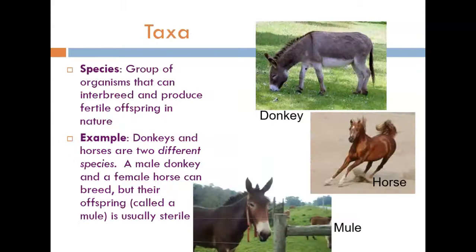So another term I discussed was this idea of a species. Okay? I said the definition for species is a group of organisms that can interbreed and produce fertile offspring. That means that the 2 organisms can have a child and that child can have a child. And the reason I bring this up is because donkeys and horses can have children together. Those children are called mules. But these mules cannot have children of their own. That's why we consider donkeys and horses 2 different species. Okay, so species have to be able to interbreed, produce children, and their children have to be able to produce children.